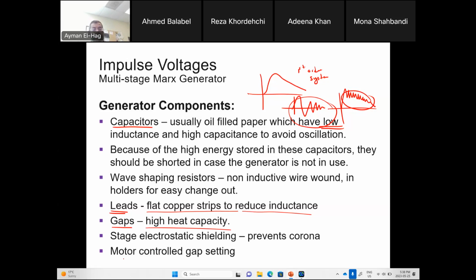Also, you have a motor control of the air gap. You control the air gap so that you can control at what voltage you want to charge the capacitor. Maximum is 100 kilovolt, but maybe you only want 50 kilovolt, or 60 kilovolt. Let's say I want 120 kilovolt as an impulse. Each stage can give me up to 100 kilovolt, so I have two stages, each one at 60 kilovolt. When you apply 60 kilovolt, the air gap is different than when you apply 100 kilovolt. So this is usually controlled